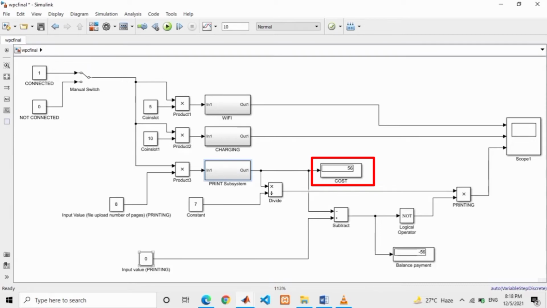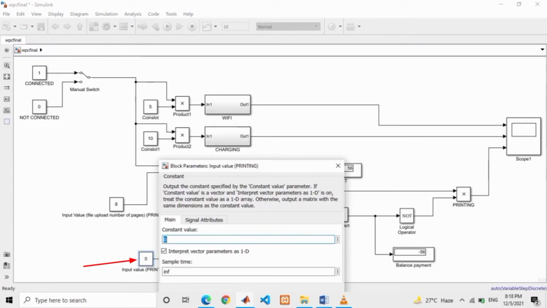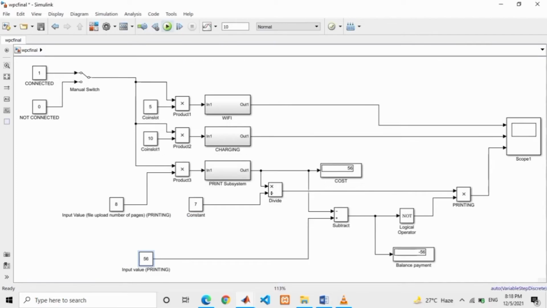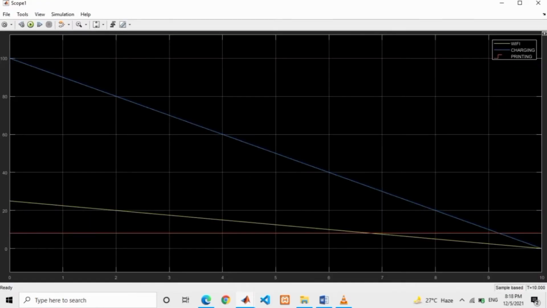This value should be met by another input constant value for printing. For example, we will put a value that will match the cost value, which is 56. Now, we will look at the simulation in the scope block. You can view the number of pages being uploaded in the scope block, which is 8 and is represented via